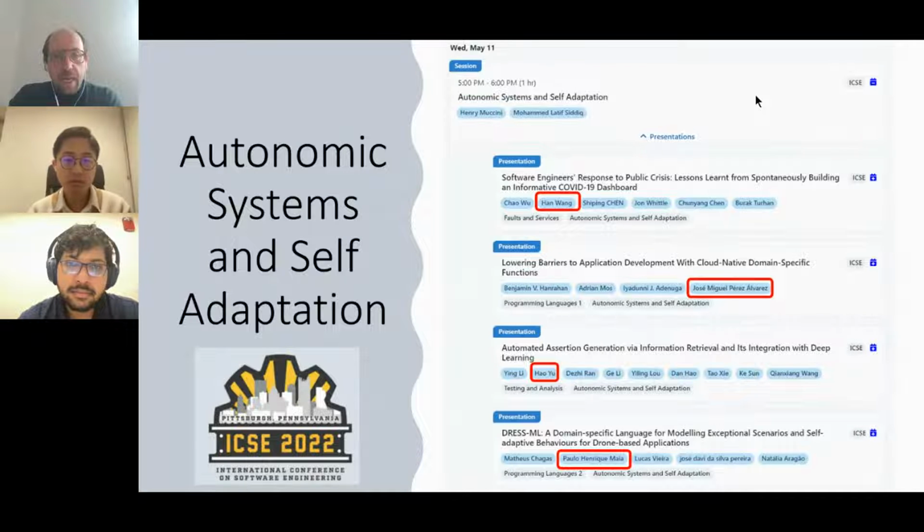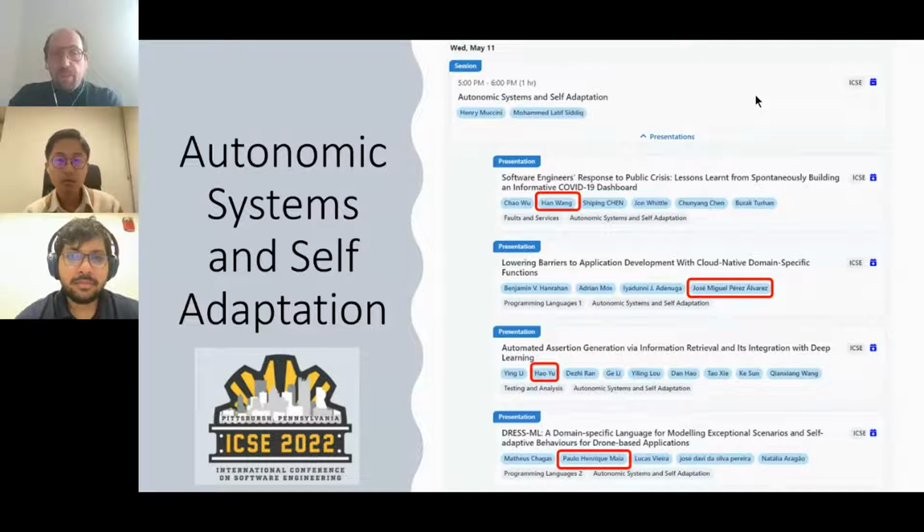The rule will be that there will be 5 minutes for each presentation. Since we have only 4 papers in this 60-minute session, the plan is to have 5 minutes of question and answer immediately after each talk, and then we leave 20 minutes at the end of the presentations. The 4 authors and presenters are here, and they know that 30 seconds before the end of the time, I'll give them a sign to understand that the time is going to finish.